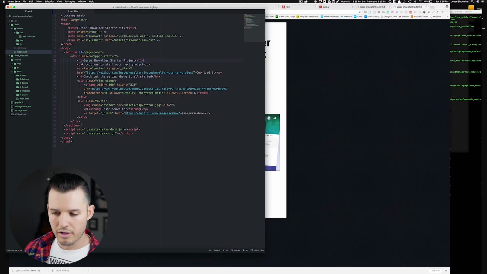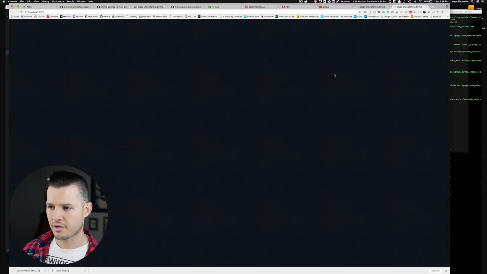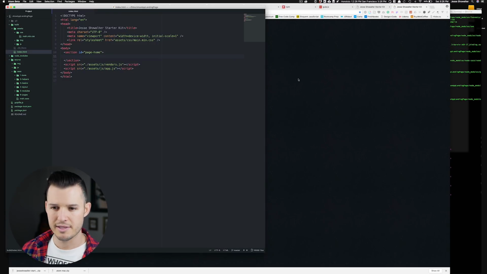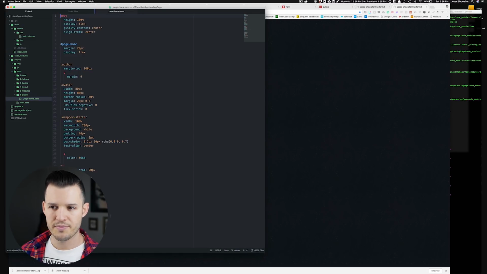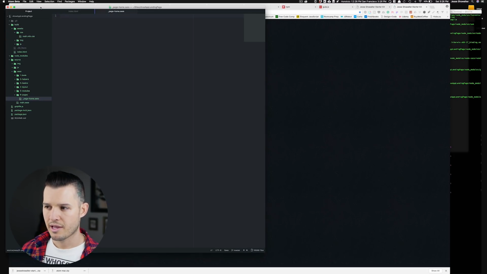I'm going to get all of this HTML out of there. I'm going to save that, and it refreshes and gives me a blank page. That's kind of nice. But I'm still getting some sort of weird styling. Well, if you want to start from a blank project, all you've got to do is come into this page.home, and you just have to delete all the styles that are in there, and you should get